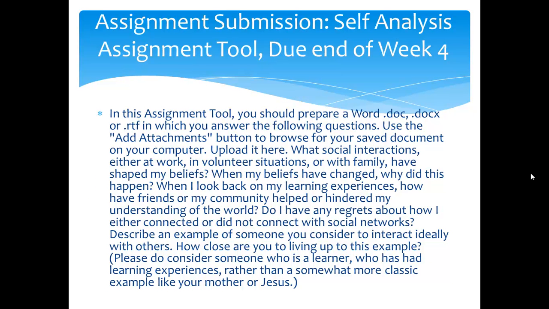So remember that you have the assignment tool that's going to be due at the end of week 4, and you're also continuing to work in those discussion tool items and posting and response from week 3. You want to make sure that you're thinking about these particular social interactions in a careful way, and that you're preparing your work so that it's going to make some good sense for the rest of the class.